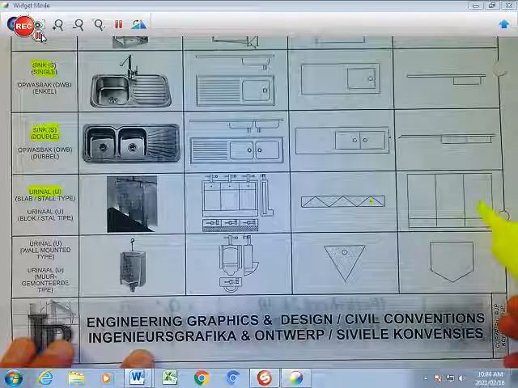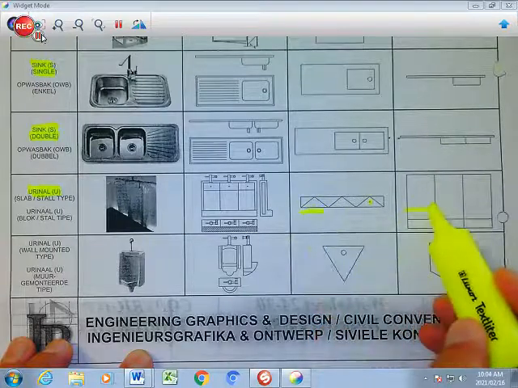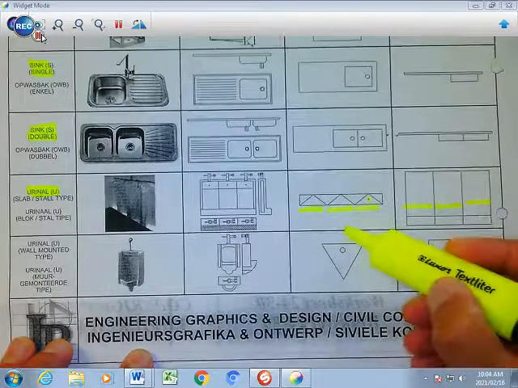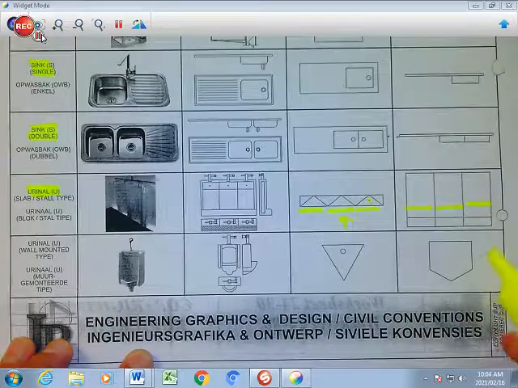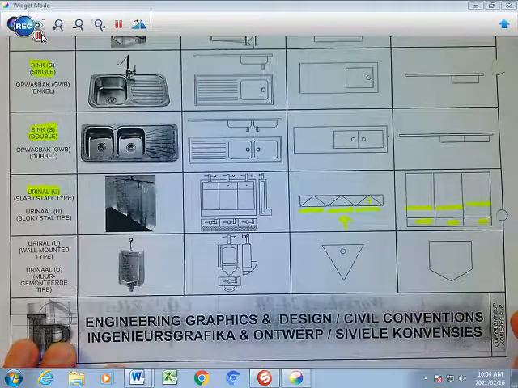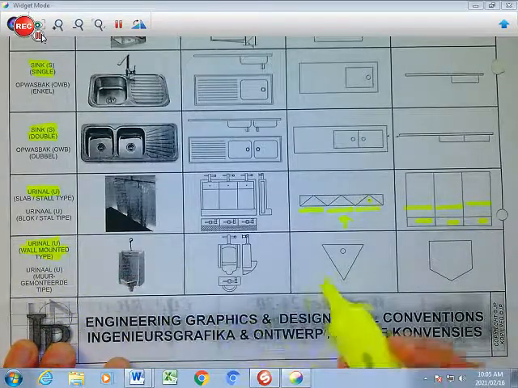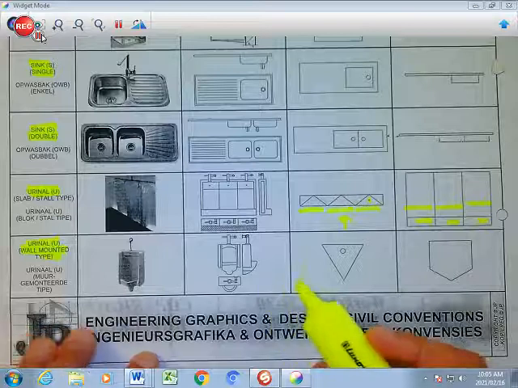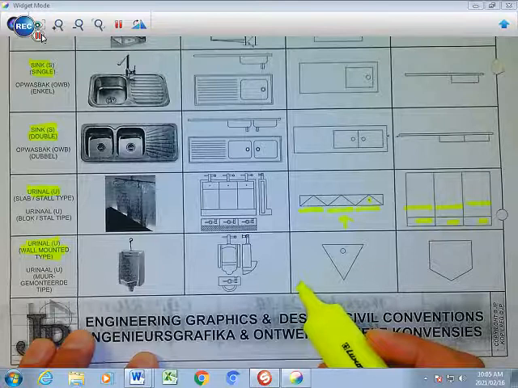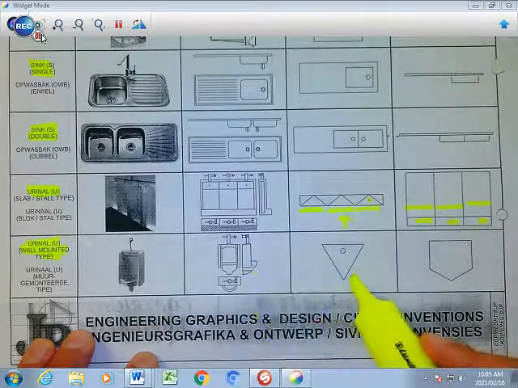And this is what it looks like from the front. You will see that this space here refers to that space there, that space refers to that space, and this space refers to that space if you view it from this view there. Okay, and then not to forget these bottom rectangular parts there as well. Then you will have a urinal, which is basically a wall mounted. You will find these in many of the public bathrooms, the male public bathrooms at various shopping malls. It's attached to the wall where you can actually stand